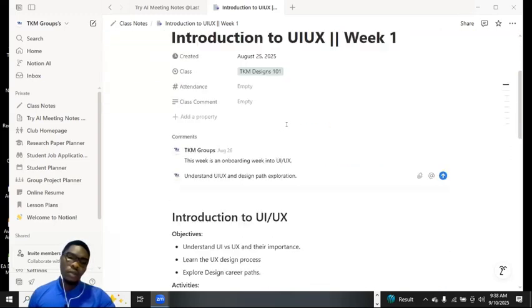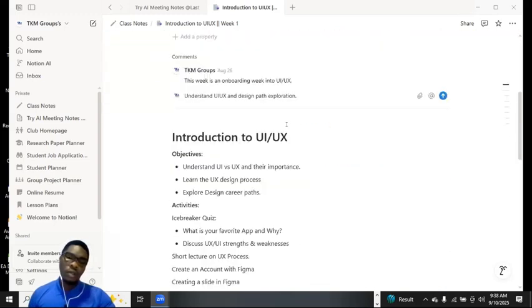Sometimes we might be thinking UIUX is going to be a big something, or you have to learn so many things, or come across so much knowledge. You know, it's going to be very hard to learn. I can tell you for a fact that it's not hard to learn. It just takes time, attention, and consistency.